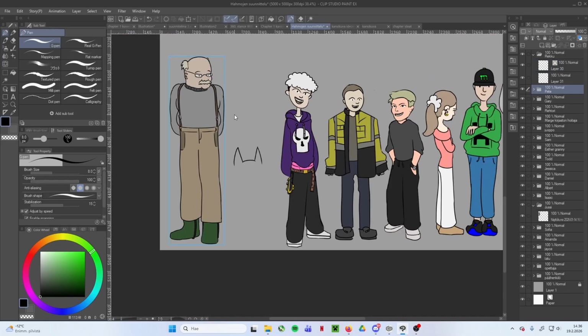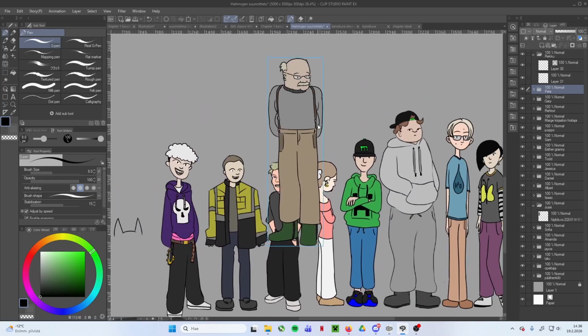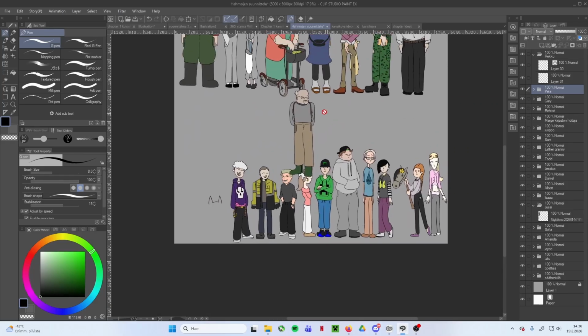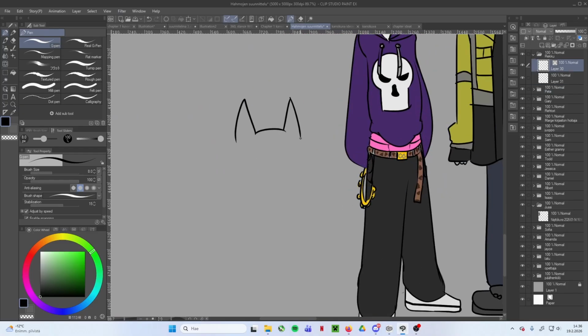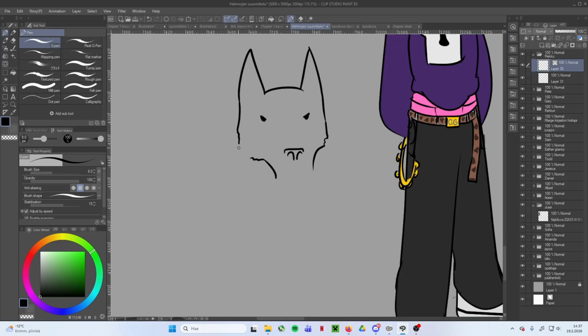We need to have more space, so let's move Pete to the side and focus on the dog for now. So our dog is kinda angry. We have these kinds of dogs at home, so